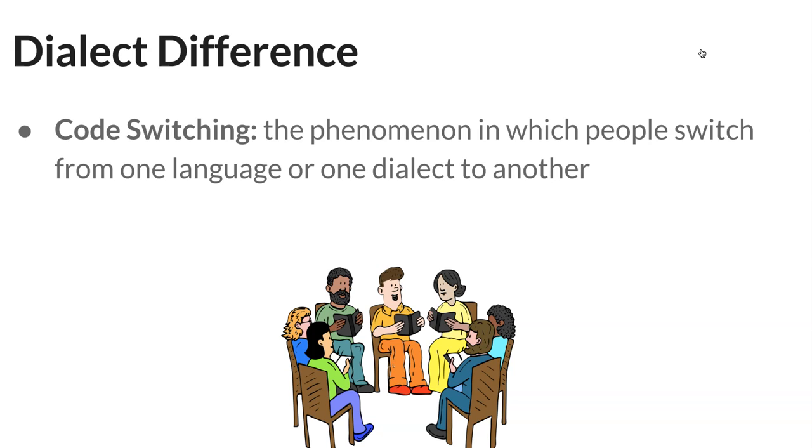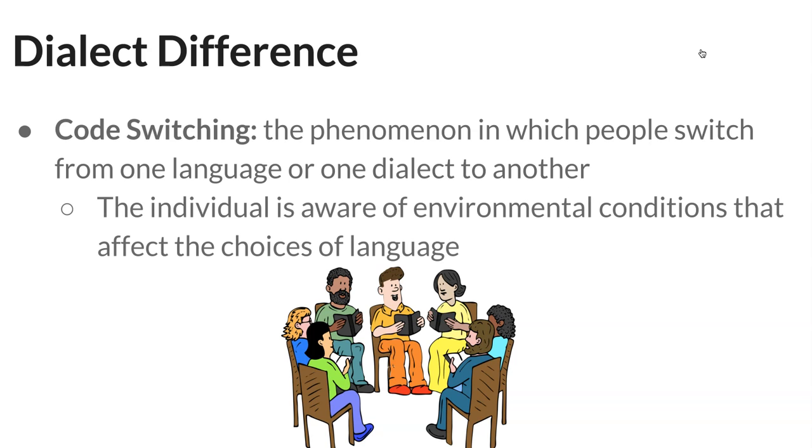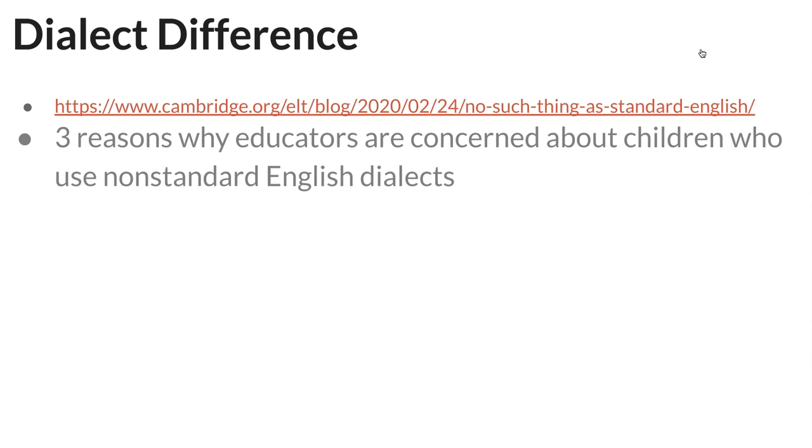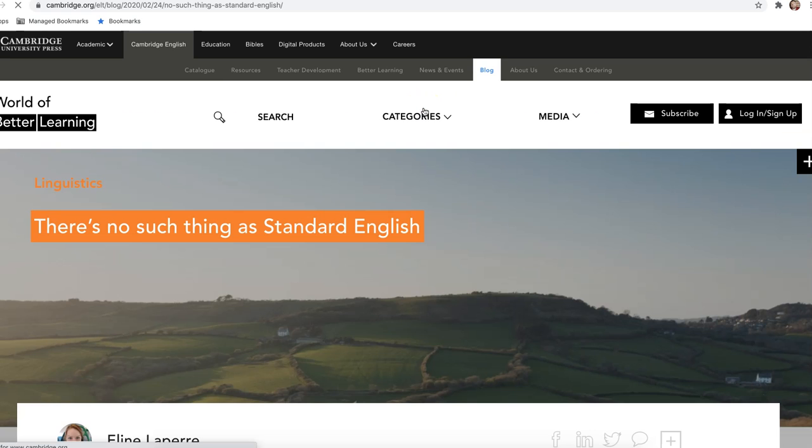So that really made a lot of sense to me, that it would be really tiring for her to speak in a certain way that's not natural for her. So the individual is aware of the environmental conditions that affect the choices of language, right? You feel like you have to speak a certain way, you have to sound a certain way to be accepted by society, right? So your book talks about standard dialects and non-standard dialects, but it's also important to look at